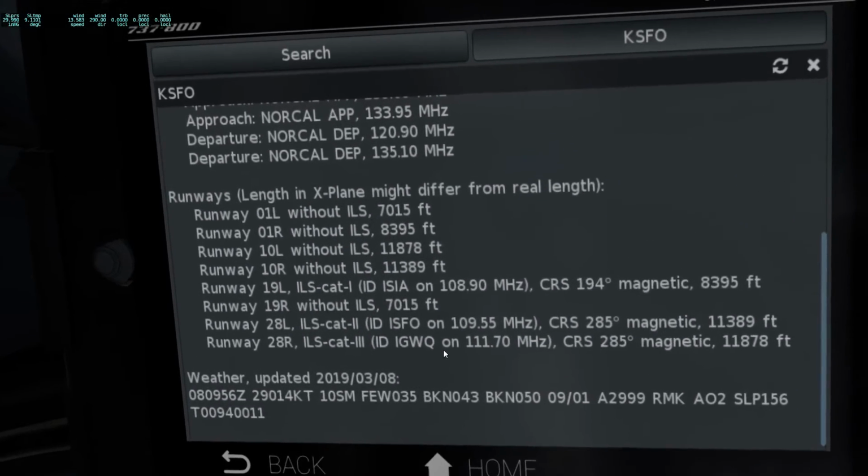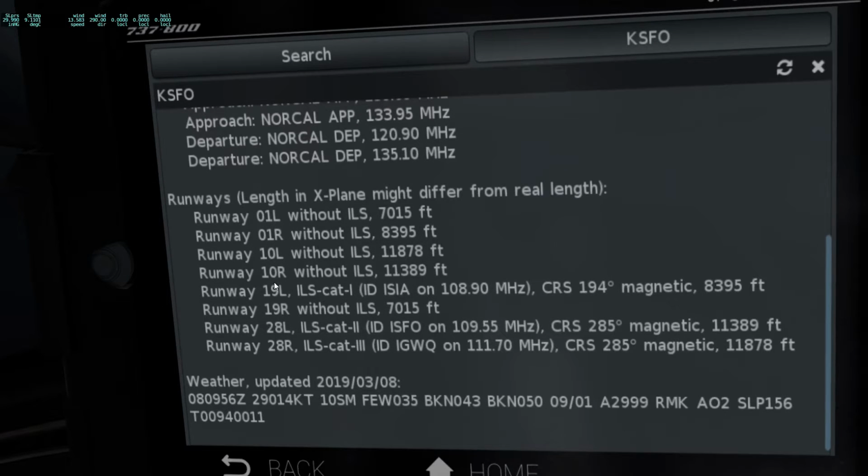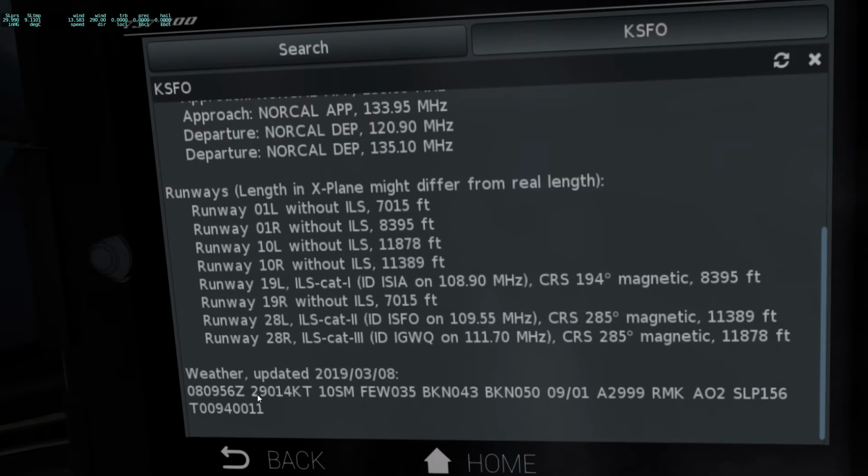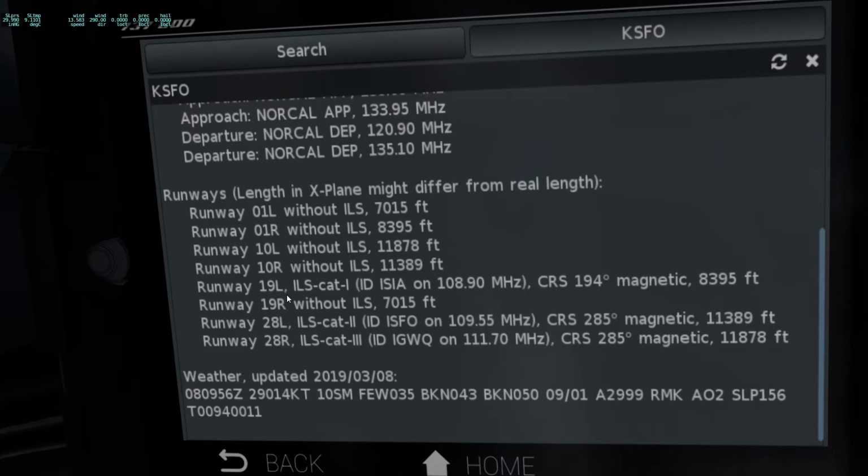Okay, so just add a 0 to your runway numbers and it will get you the approximate runway heading. So if you take runway 19 and add a 0, you get runway 190, and as you can see, this is the approximate heading of the runway. Now, the perfect runway would be runway 29, and as you can see, there is no runway 29, so we just look for the runway whose heading is closest to the one the wind is coming from, and that would be runway 28. If you add a 0, 280 degrees